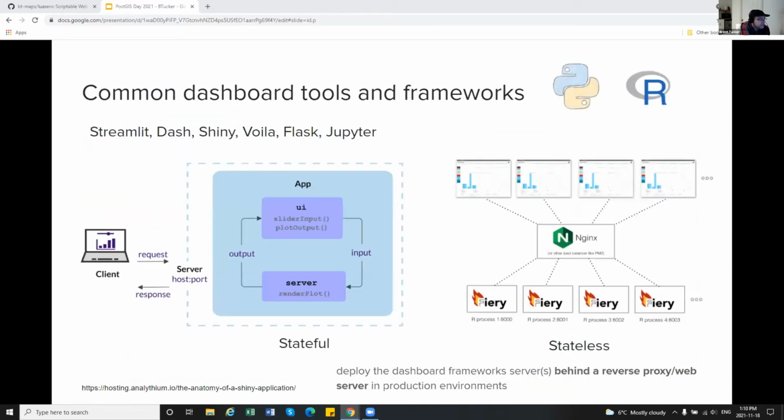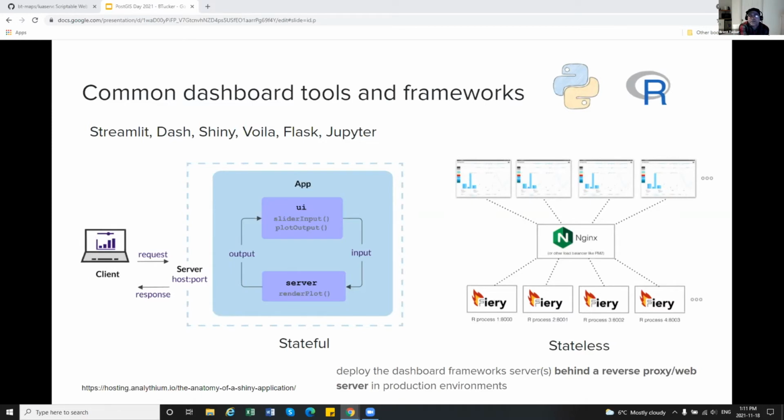So that's geospatial. And then the area I work in a lot now, in addition to the geospatial world, is a lot of these new data science dashboarding and web frameworks that come out, and they all follow a unique infrastructure. There are some similarities with the traditional GIS ones. They come in both stateful and stateless. So this is just a sample of a couple. A stateful one might be